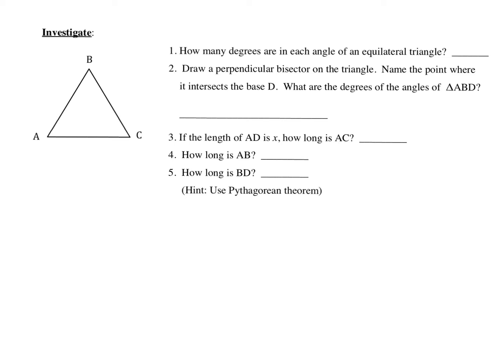Hey guys, today we're going to be working on the 30, 60, 90 triangles. These ones are a little bit more difficult than the 45, 45, 90. So let's get started. Number one says, how many degrees are in each angle